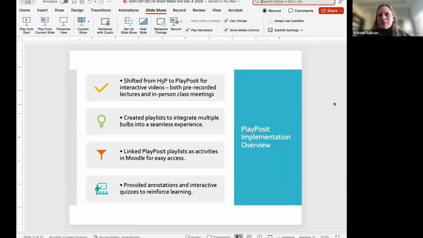I thought originally when I was writing the grant proposal, I wanted H5P, but after getting the wisdom and guidance of Q and Yiling, they directed me primarily to PlayPosit, and then I also used WooClap for competitions and the whiteboard in Zoom. But PlayPosit was an easy to use, user-friendly tool